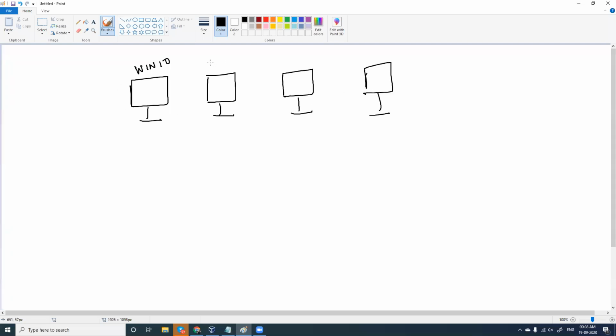Say this is Windows 10, this is Kali Linux, this can be Ubuntu, and this will be Windows 7. Fine. So you will use Kali Linux to attack Windows 7 and test if the attack is working or not. You will use Kali Linux to attack Windows 10 and try to see if you are able to hack this or not. This is similar to the architecture you configured in Packet Tracer.